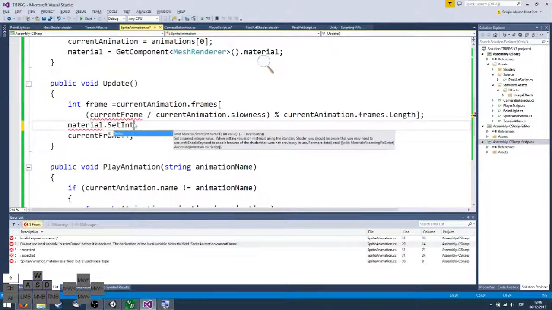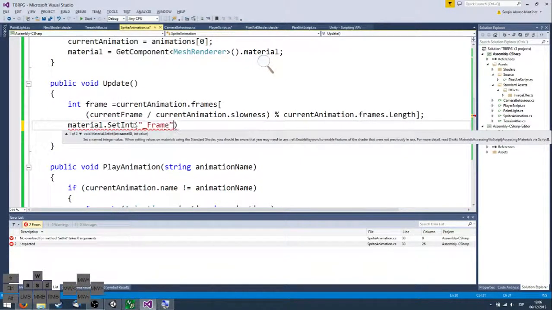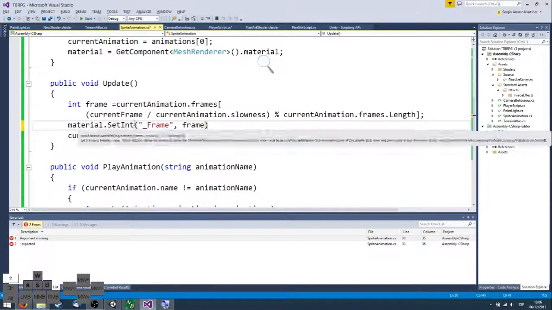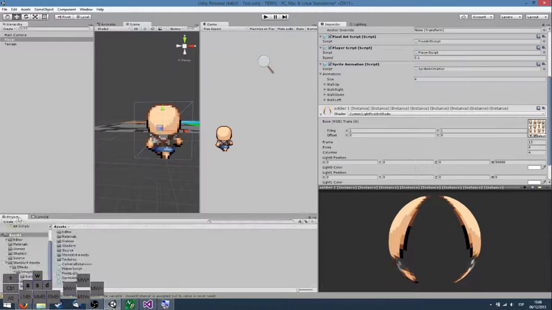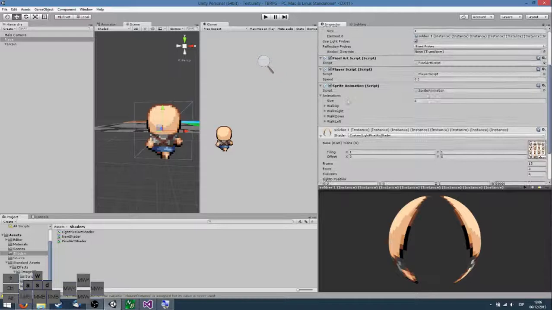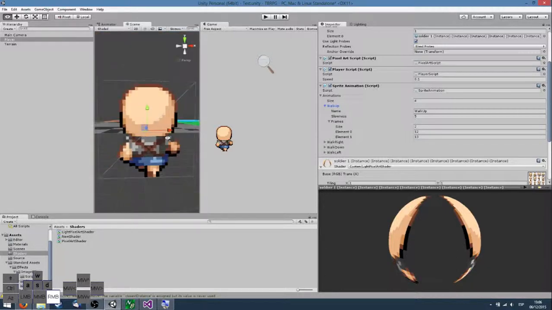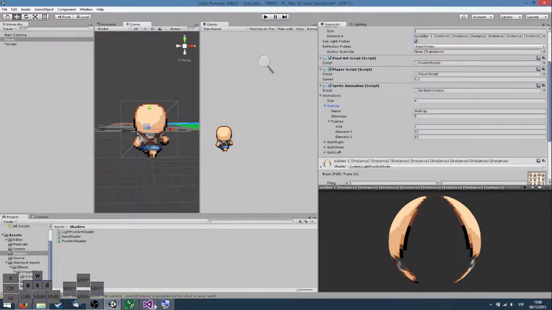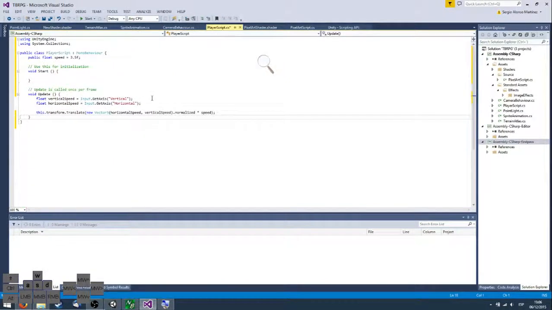int. I don't know if it was an integer or a float, so let me check that in the shader. Where is the shader? Okay, don't mind me. If this has just changed, it's because it's working, so I'm not going to be looking more at it. So changing the frame here, and then we want our player script